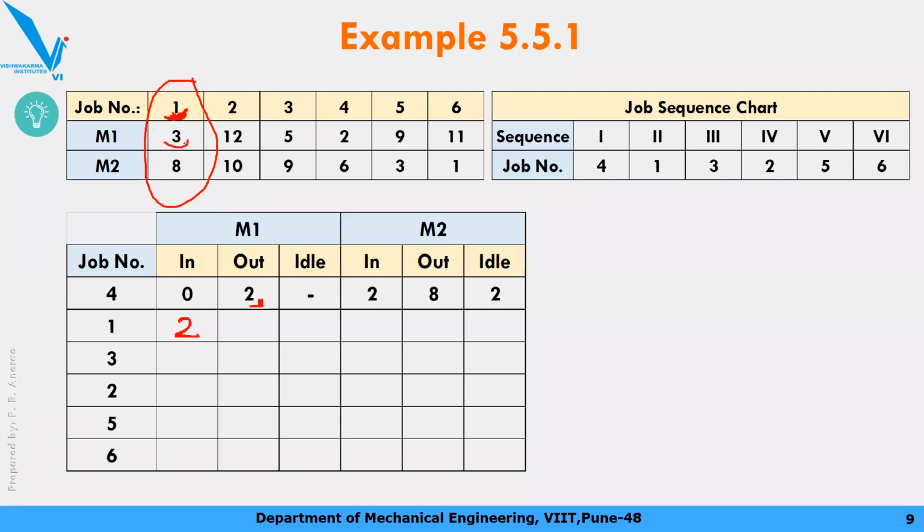It is going to take 3 minutes to complete that job. So 2 plus 3, out time कितना होगा वो job का, 5. How much time is this machine 1 idle? No, nothing. So वो continue काम कर रहा है machine 1. Okay, now machine 2 is open at 8 o'clock. तभी जाके वो next job accept करेगा.